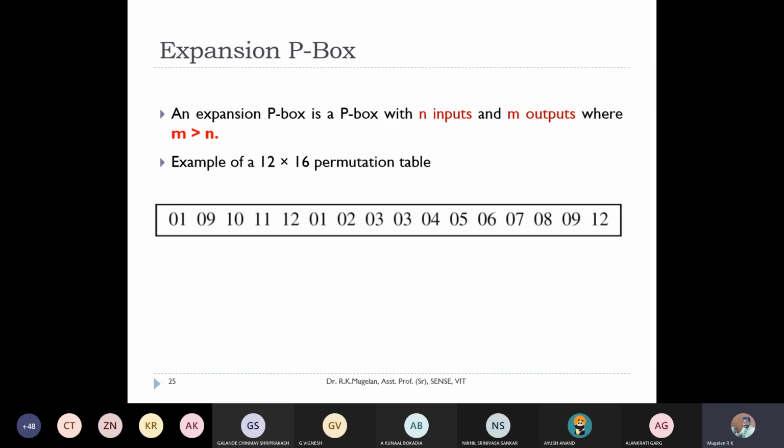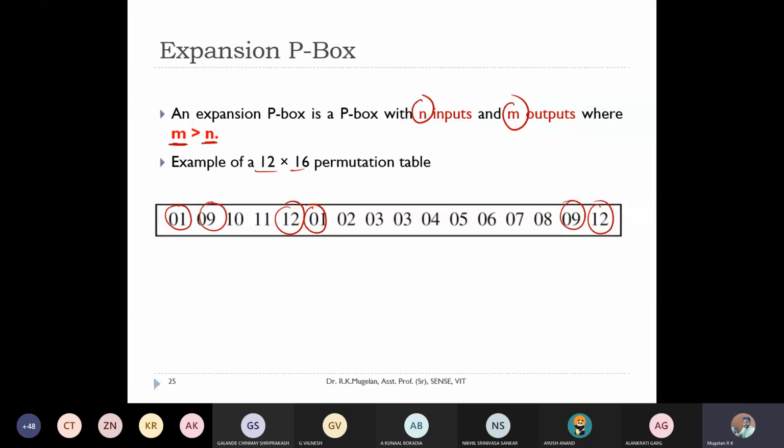Expansion p-boxes are the opposite of compression p-boxes. Here also the number of inputs is different compared to the number of outputs, but the only condition is that the outputs will always be greater than the number of inputs. So to expand this, they are going to repeat some of the input values. For example, this is a 12 cross 16 p-box, that is the expansion p-box. You can see number 1 is repeated here, right? 9 is repeated here, 10 and 12 are repeated here, like this. So they have repeated certain input values to get the